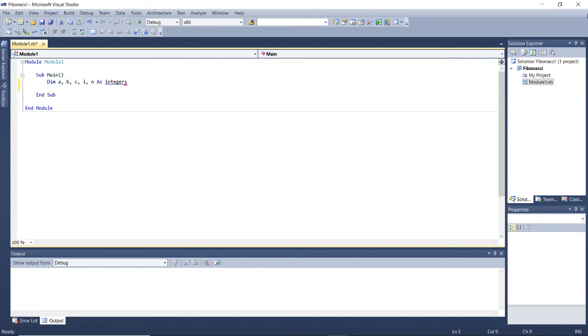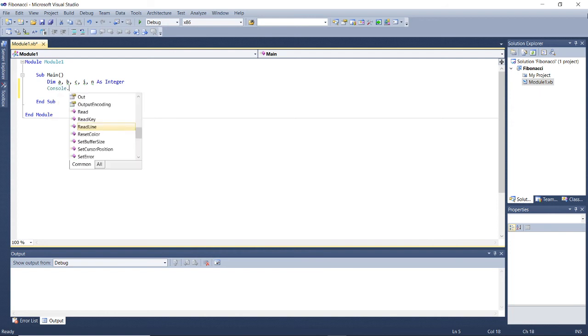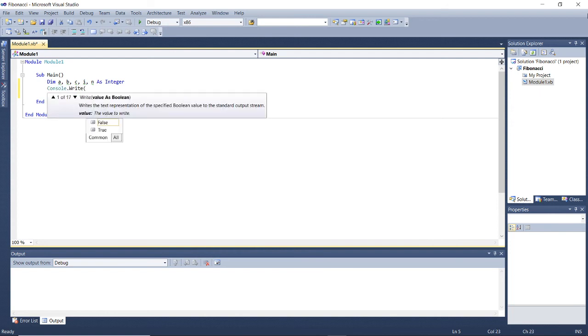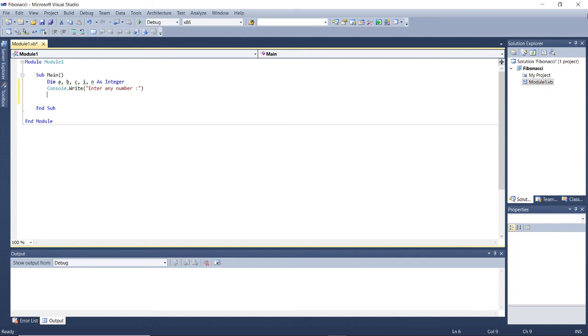So Dim a, b, c as Integer. Here by mistake I wrote Integers. Then same Console.Write "Enter any number". I explained the difference between Write and WriteLine in the previous lecture: Write means your cursor will be displayed on the same line, and WriteLine means after displaying that message the cursor will be displayed on the next line. So Console.Write "Enter any number", then n, I want to store that value into n.